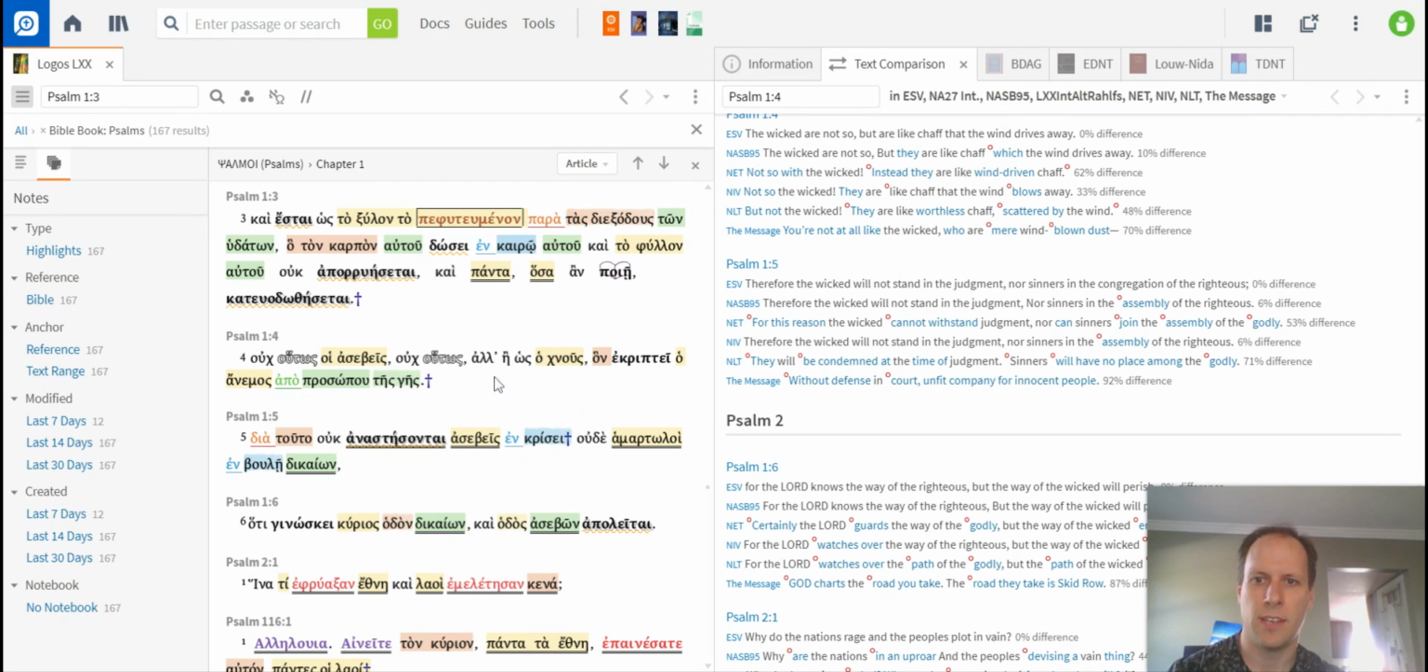Nor sinners will not stand in the counsel of the ungodly. So we've got that whole comparison there. So that is kind of the